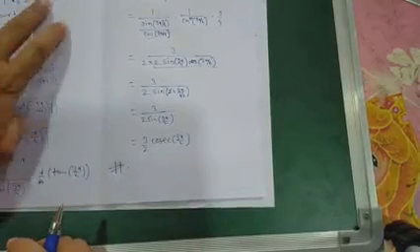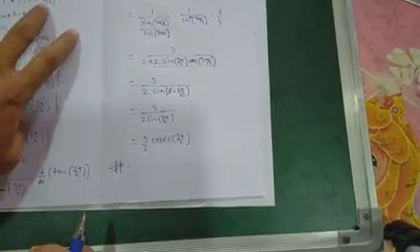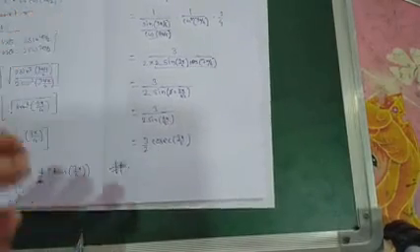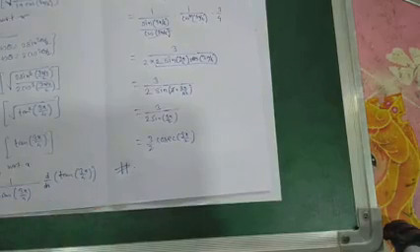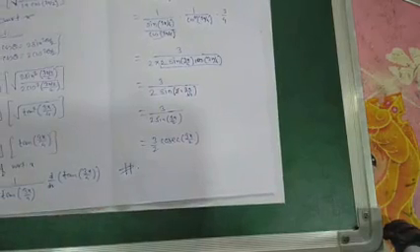So the derivative of log of under root of (1 minus cos 3x by 2) upon (1 plus cos 3x by 2) is equal to how much here? 3 by 2 cosec of 3x by 2. So this completes this problem.